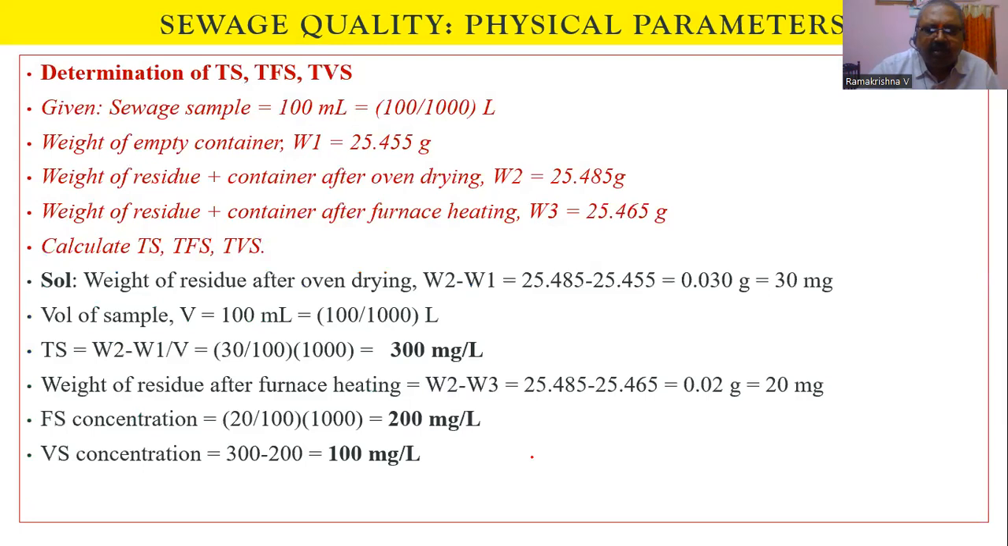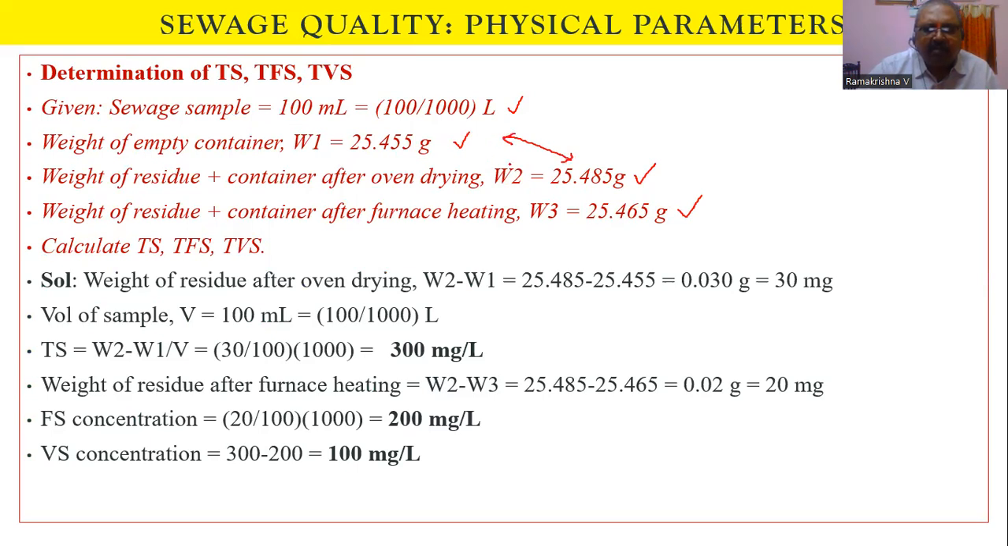So now we'll look at a small problem. The sample is 100 ml here. The weight of the empty container is 25.455 grams. W2 is the weight of residue plus container after oven drying, and W3 is the weight of residue plus container after furnace heating. So first of all, we should take the difference of these two to get the amount of residue